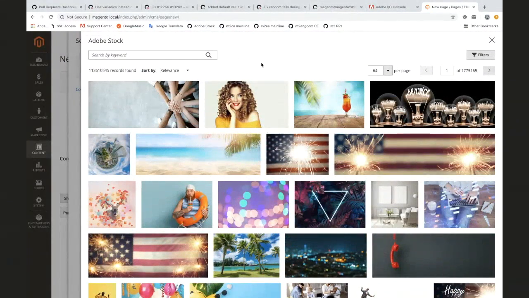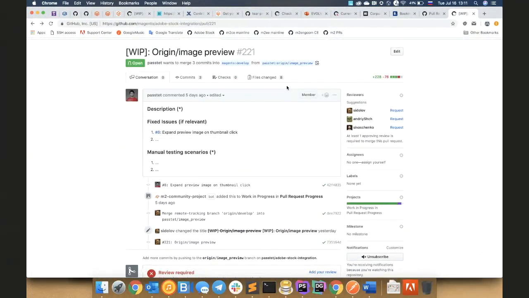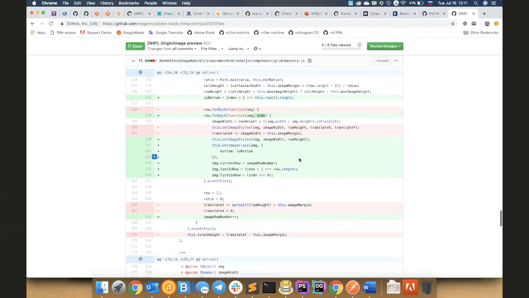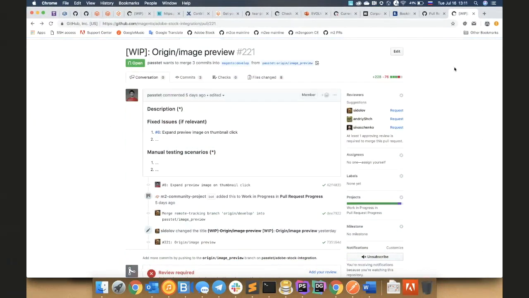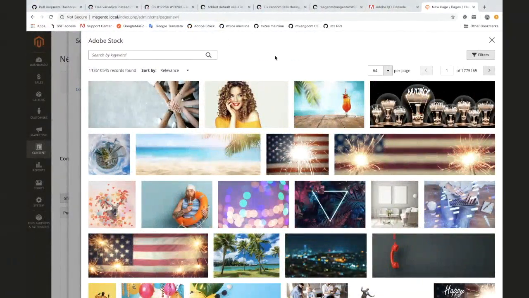And I want to show you the pull request from Pavel that's going to resolve this mission, develop styles for the image preview. We are working together on this pull request, and I hope it will be finished and merged very soon. That's it about the image preview, and I want to show you another one small task about the overlay on